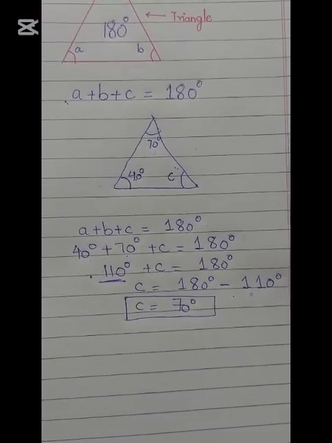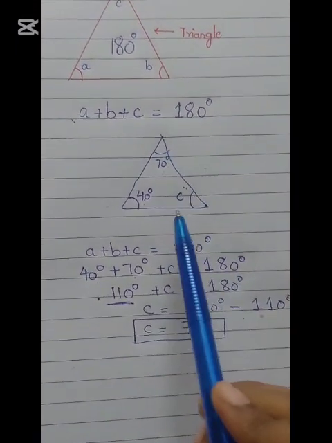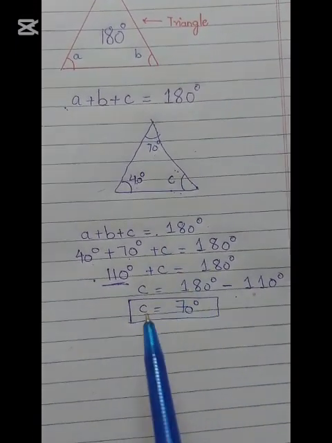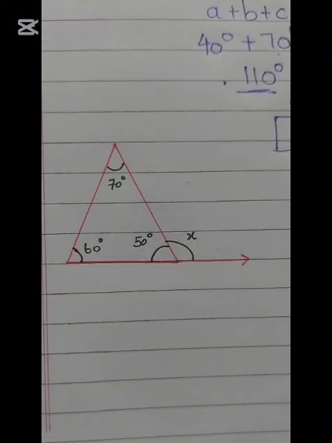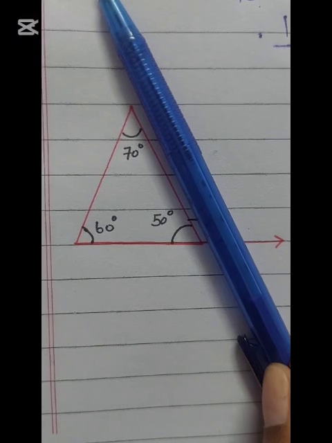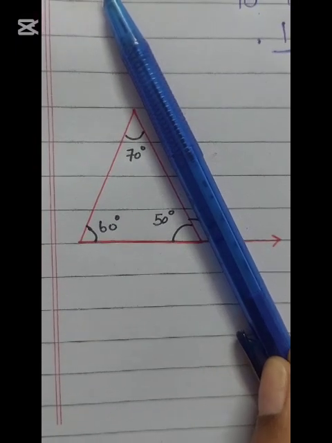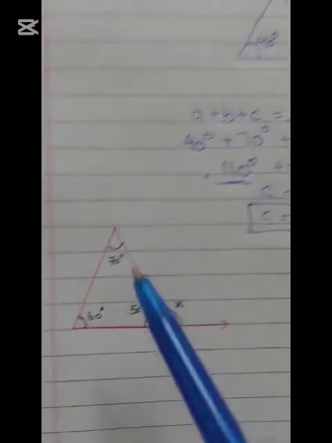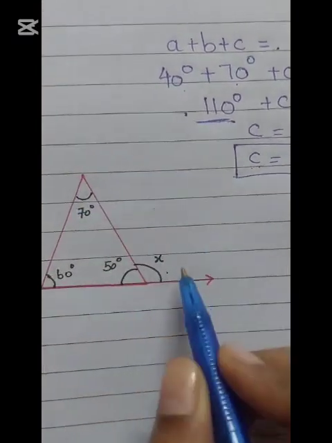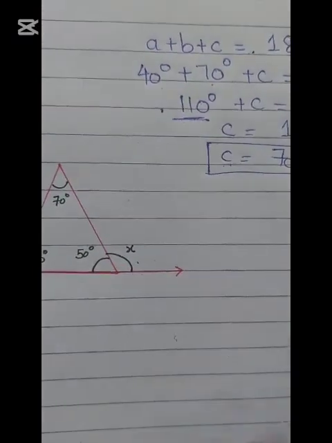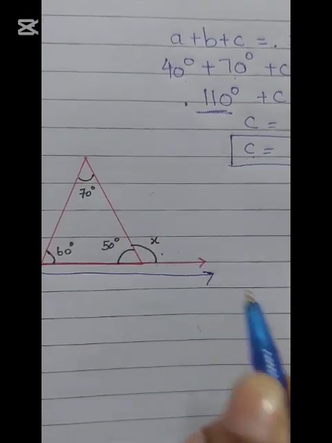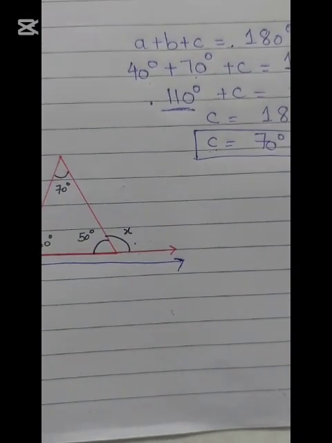So the basic question is, we have a total of three angles in a triangle. If one is missing, then we use this method to find the unknown angle. If you see this type of question, where the three inside angles are given, we don't need this trick. Here we see this angle is outside the triangle, and we use the method called straight line, since this is a straight line.